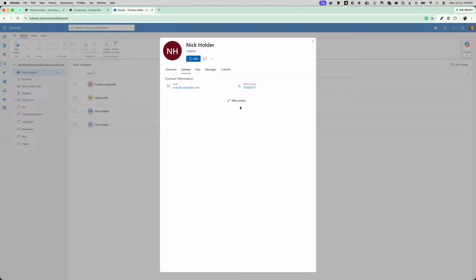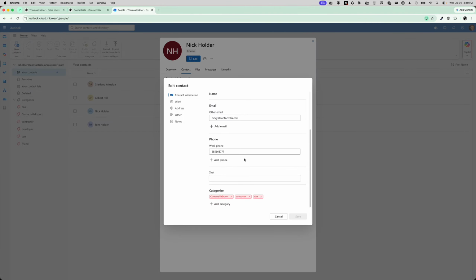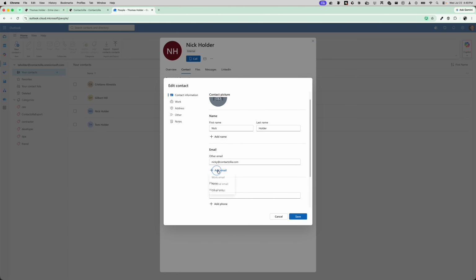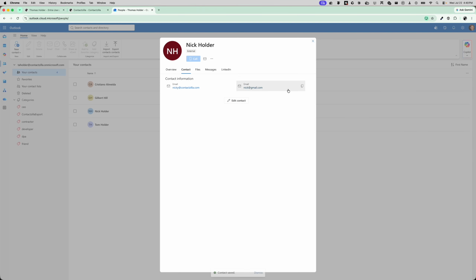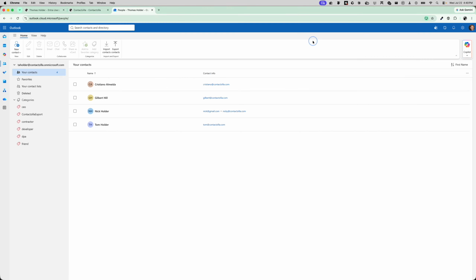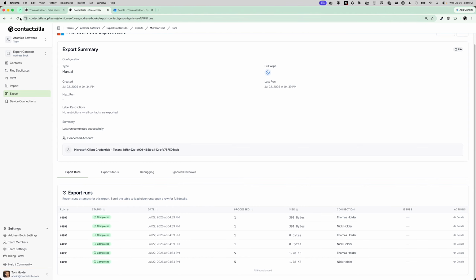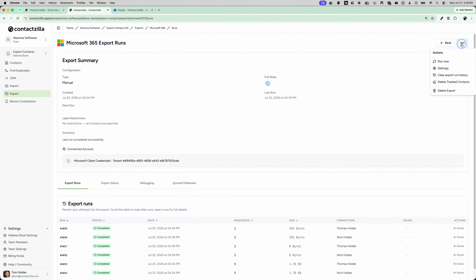If we come into this contact, and we actually say, for example, delete this phone number, and I don't know, maybe let's give it another email address. Because we clicked replace within Contactzilla, if we look at this, we've just got 2 email addresses now and no phone number. If we come in and we process another run for this export,